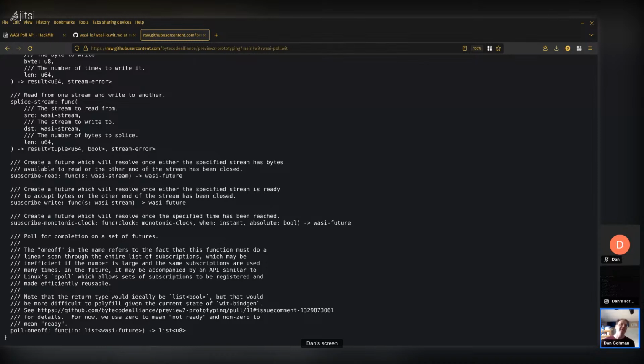That comes from the idea that we know this is a sort of old-style poll function. This is kind of like the ye olde Unix poll function, which you give a list of things to poll for, and every time you call it, it has to iterate through that list, which means it's not very scalable. If you want to do this over and over again with many thousands of events, you're going to waste a lot of CPU time scanning through those events to find out which ones had I/O ready. And so we know that's not very scalable.